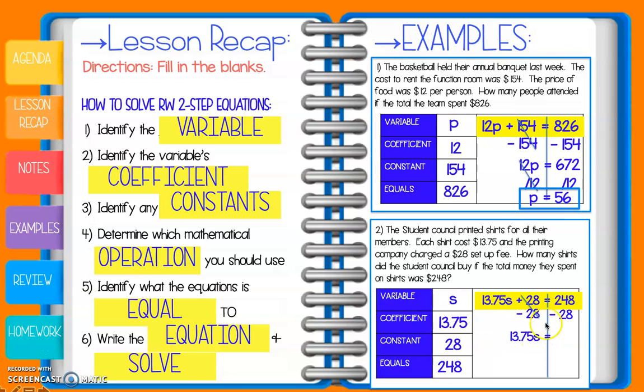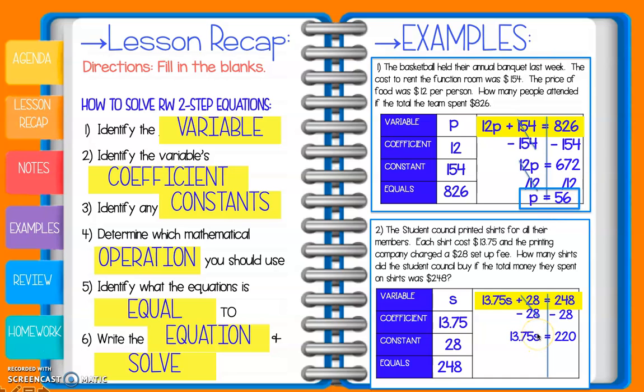13.75s. So now we have 248 minus 28, and that gives us 220. So now we're down to a one-step equation that we know how to solve. We have 13.75s equals 220. I need to get that s all by itself, so we know that there's multiplication happening between